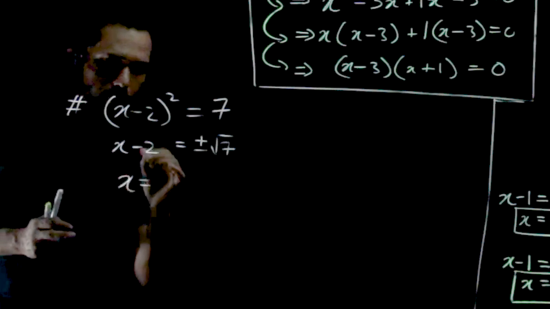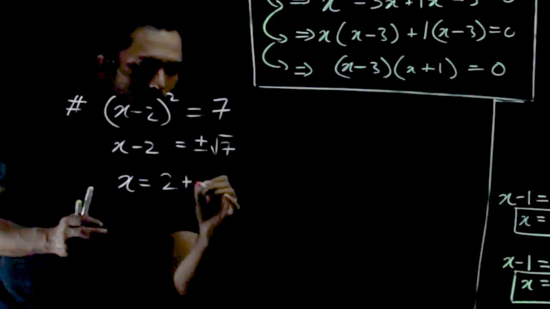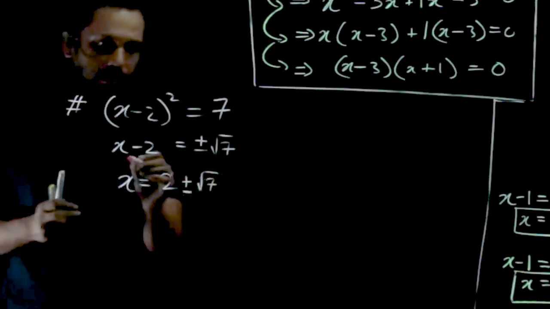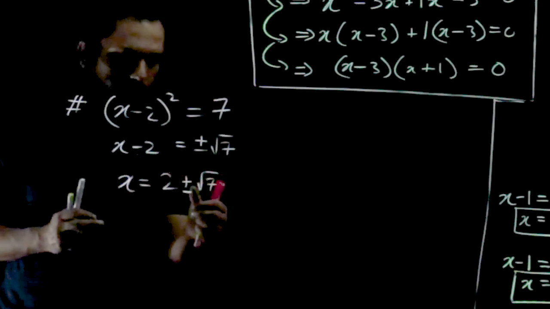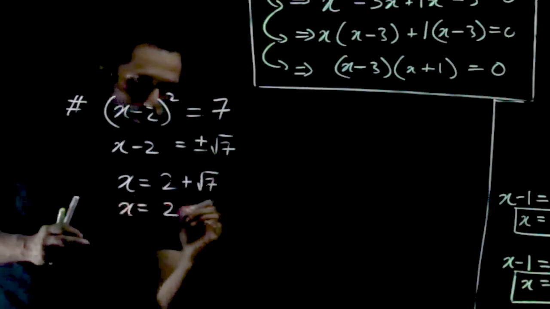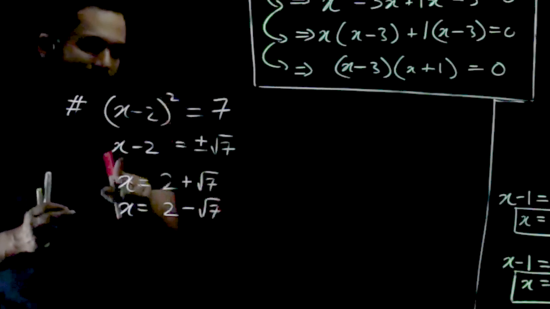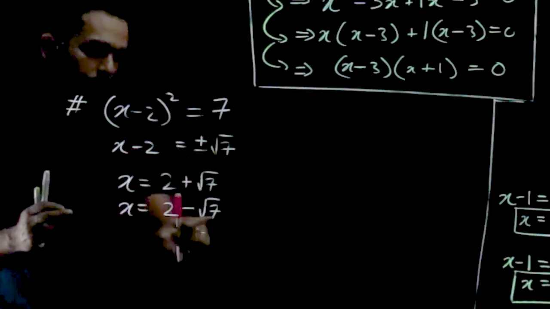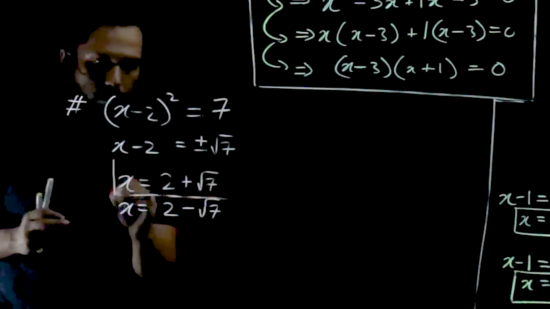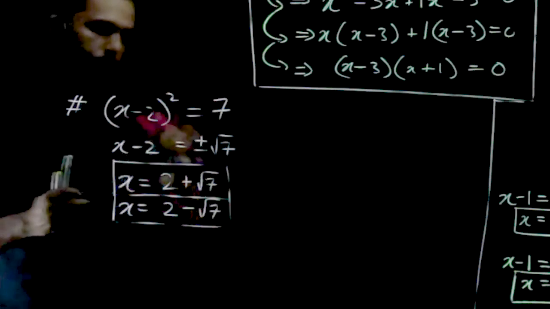So I'll get x is equal to, the minus 2 goes on the other side, becomes plus 2, plus root 7 is one of my answers and minus root 7 is the other answer. So I've got two answers. I'll rather write it separately for now. x is equal to 2 plus root 7 is one of my answers and x is equal to 2 minus root 7 when I've taken the minus 1 and not the plus 1 as the solution. So x minus 2 is equal to minus root 7 will lead me to this answer, and x minus 2 is equal to plus root 7 will lead me to this answer. So these are the two solutions to the quadratic equation. These are the two roots of this quadratic equation.